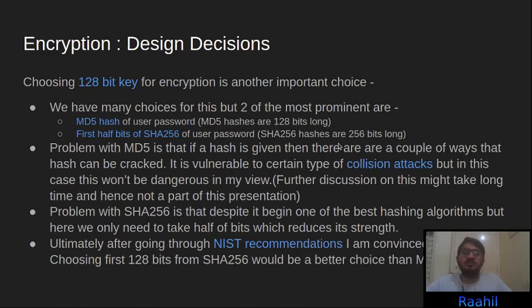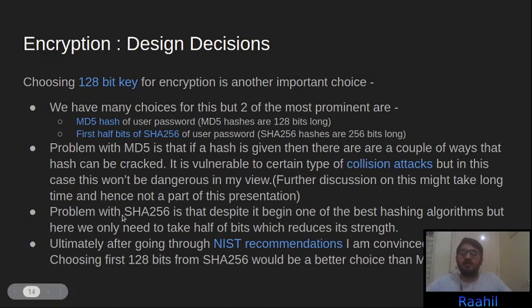the rest 128 bits. Now the problem with MD5 hash is that it is vulnerable to certain types of collision attacks. But since here we won't be saving any MD5 hash value, I don't think that this attack will be viable, and MD5 will also be very secure here.